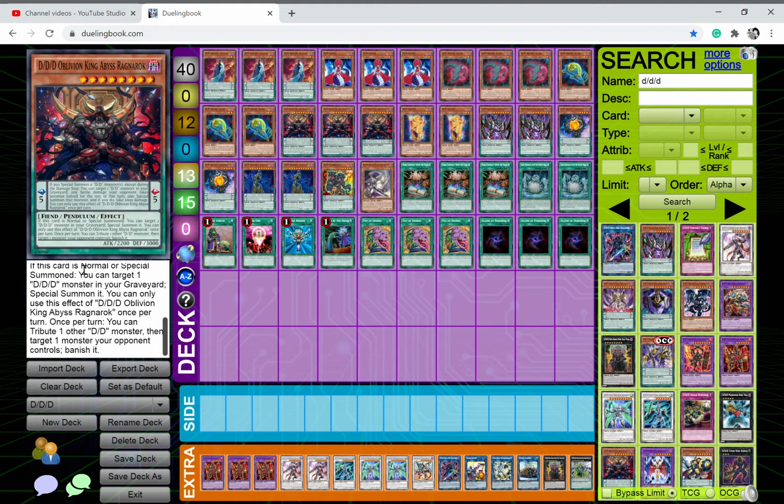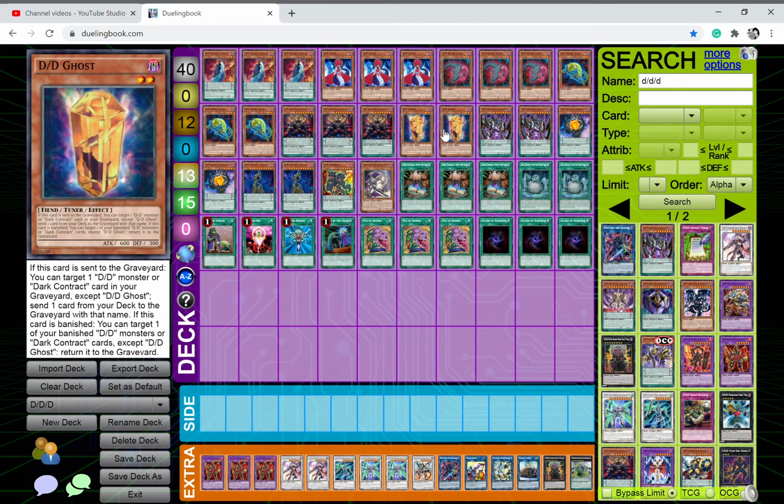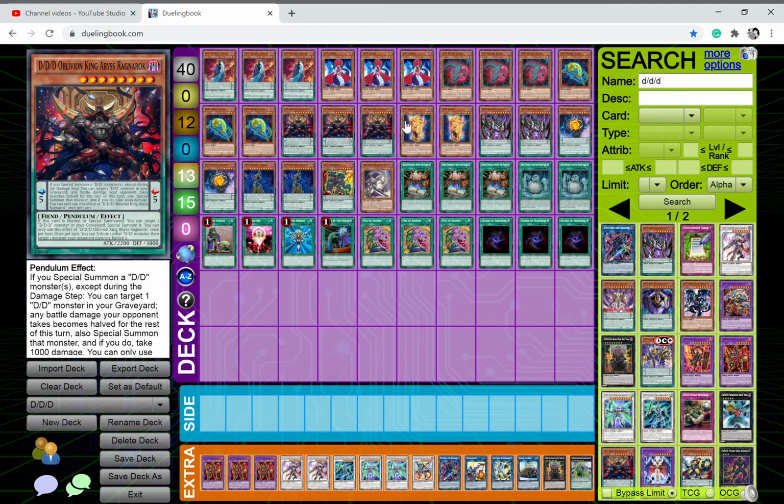If this card is normally special summoned, you can target one DDD monster in your graveyard, special summon it. You can only use the effect once per turn. Then once per turn, you can tribute one other DD monster, then target one monster your opponent controls, banish it. So this deck works out really well. This card specifically reminds me of X-Sabers. Go check out the deck profile I did a few days ago, where it can snipe cards by tributing, but X-Sabers would snipe cards out of your opponent's hand instead of their field. But this is really good. Then I play, because this can special summon literally anything in your deck,